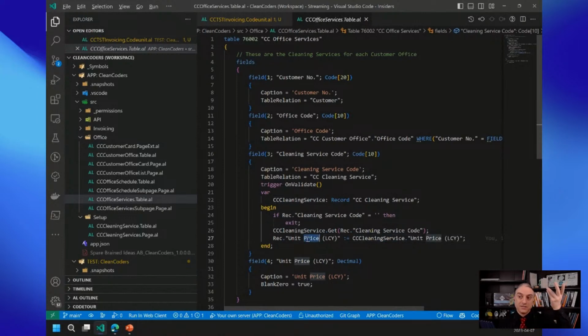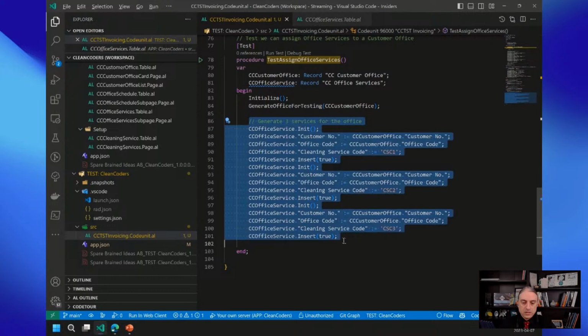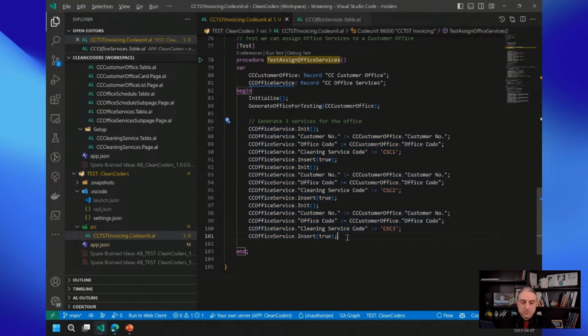So if the list price is 100 local currency, whatever that is, when we assign it to an office, it should default that. What we're testing now is, given an office, when we create 3 services for the office, we should be able to validate that the price